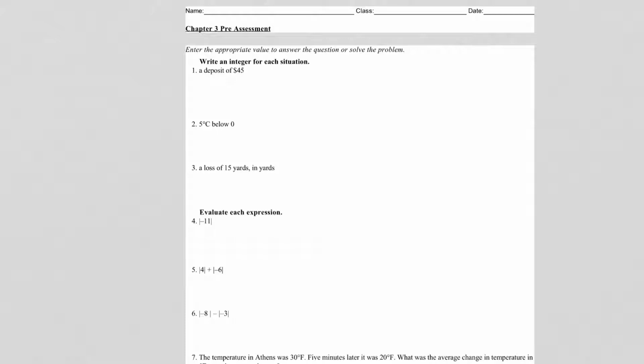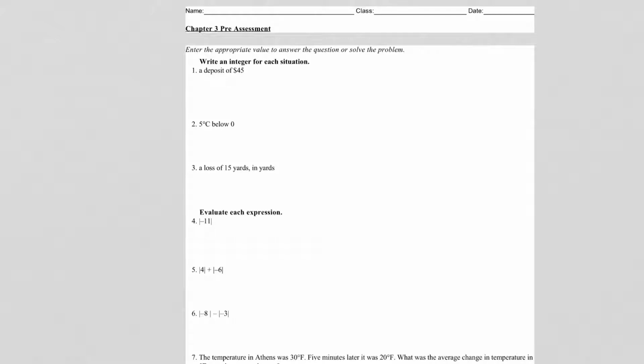So number 1 asks you to write an integer to describe each situation. So we want to know what an integer is first. An integer is a positive or negative whole number including 0. Examples of integers would be 0, 1, 2, 3, negative 1, negative 2, negative 3. Notice they have to be whole numbers. With these problems, they just really want you to know whether or not a situation represents a positive or